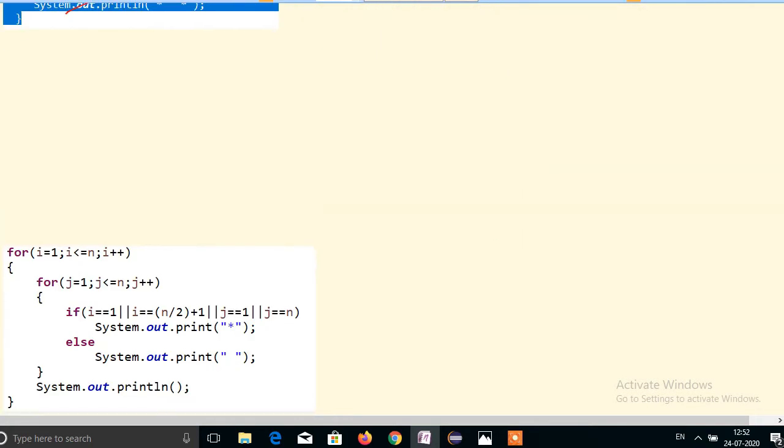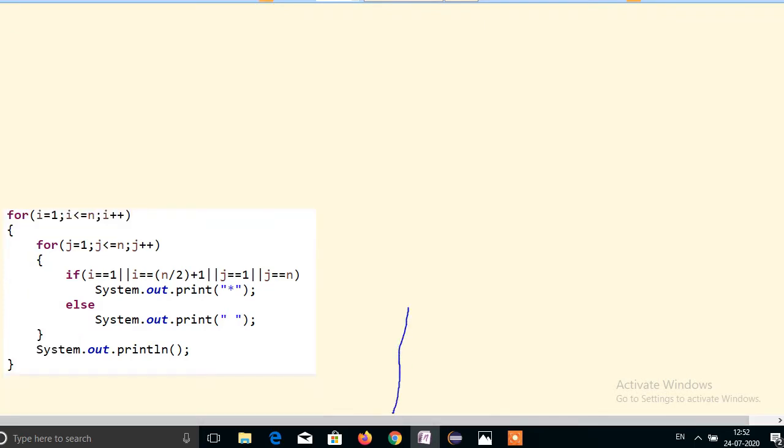So this is our logic. Here, given n value n.